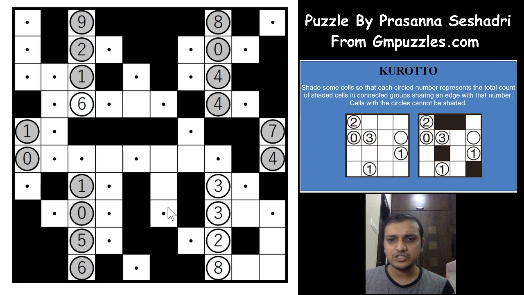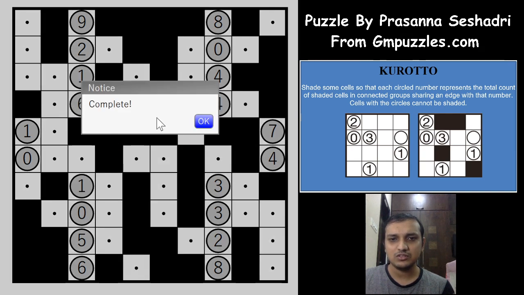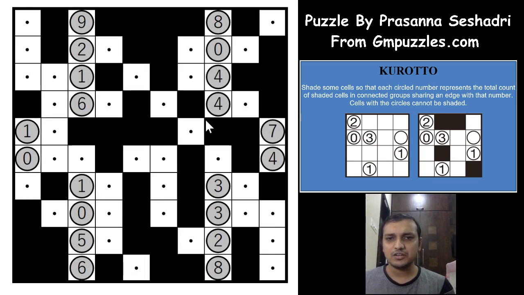So this group of shaded cells should have 3 shaded cells, and we can unshade this because this 3 is also connected to this group, and unshade this 2, which means that 6 cells are done here, and we need 2 more cells for the 8. No other way the connected group of shaded cells can go. So the 2 and 8 is also fulfilled. For the 3 this has to go up, for the 3 this is also fulfilled, and for the 6 this is also fulfilled. We have completed the puzzle.